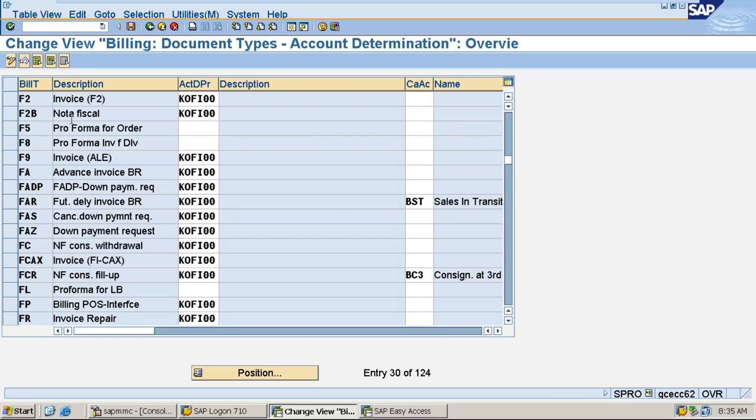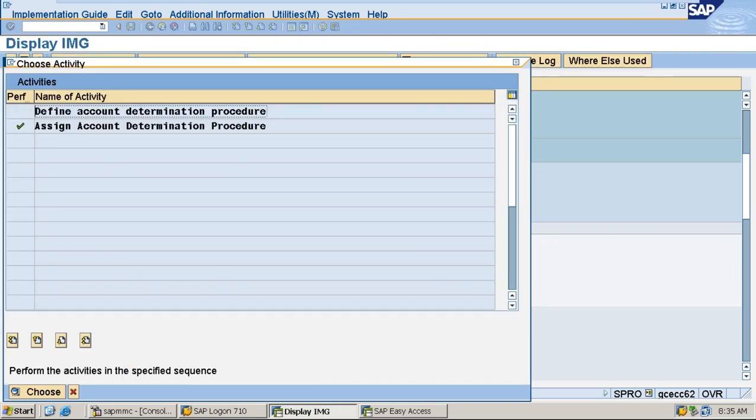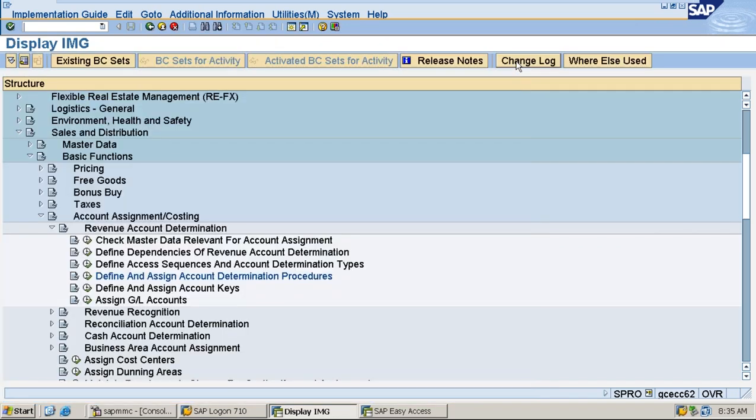But if you have your own user-defined one, writing F10 instead of F2, or you copy KOFI and make it ZOFI, then you might face some errors. If you follow the configuration you will not face errors, but you should know the flow. Errors are good here, you should know the flow. Once you assign this particular procedure to the document type,